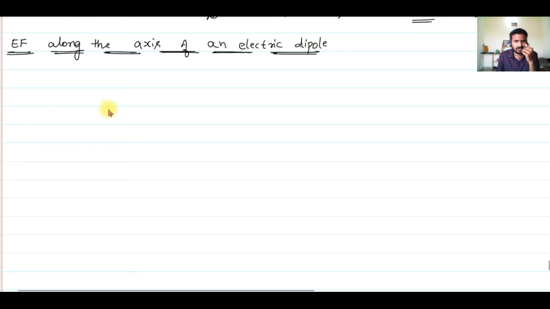So first let me show you what we're going to do. We're going to have say minus q and a plus q here. Basically an electric dipole is what I've considered, and the distance between these two charges, generally we used to take how much, 2a, right? So 2a is the distance between these two charges. And now we're going to consider along the axial line. Along the axial line means what? Along the line joining these two charges, that is your axial line.